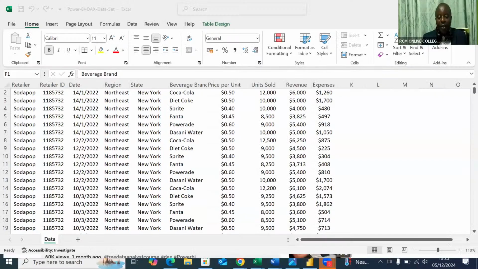So then I'll share my screen here. Once I share the screen, I hope all of us can see what we have. We have quite a huge sheet here. It has retailers, retailer ID, date, region, state, beverage, and so many things. If I click anywhere here and I'm interested in knowing how big this Excel sheet is, I'll come here and say Control